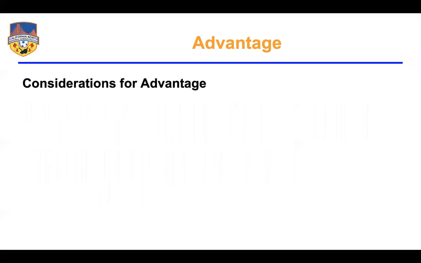So now we get into the actual considerations, how you can read play and analyze whether or not an advantage might be played. We call them the 4 Ps. Some of you are probably familiar with this. The first one is possession of the ball. The laws of the game say possession or clear ability to gain possession. So obviously if a player doesn't have possession, but he's the closest one to the ball and would have gotten there very clearly, then we consider that the same as having possession of the ball.